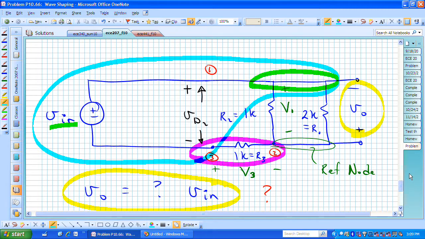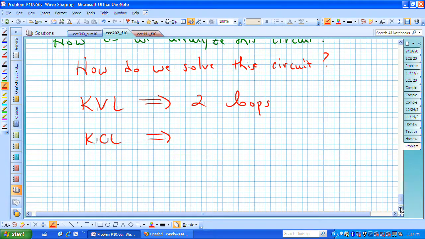So let's call that A, and let's try to write now a KCL at the supernode